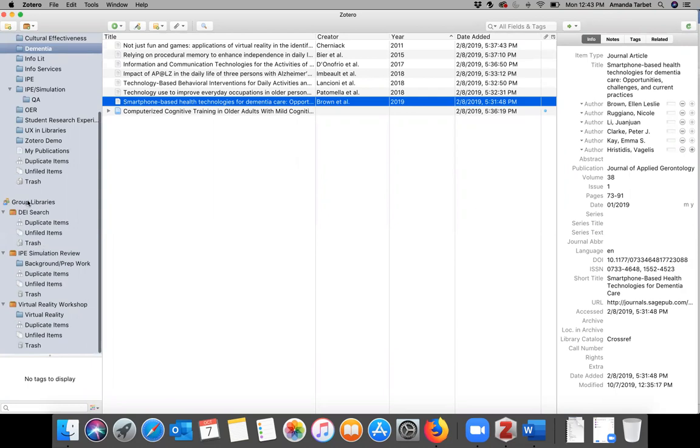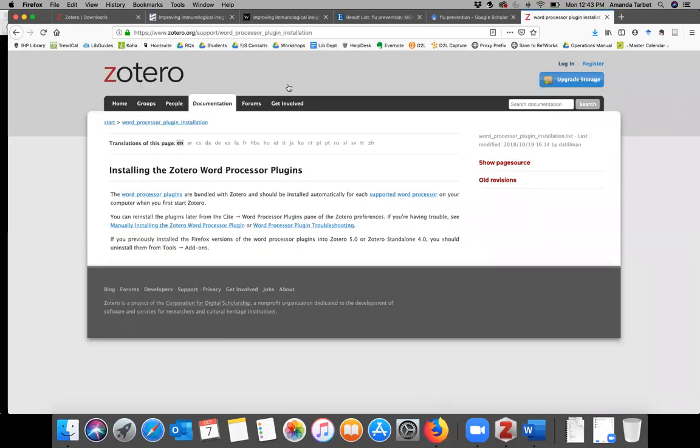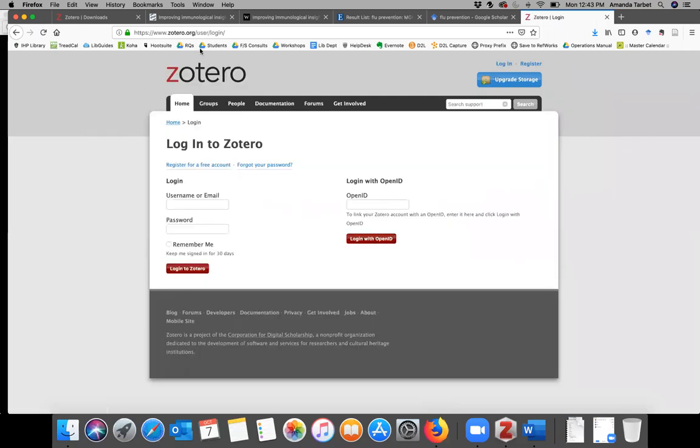To create a group, I actually can't create it in the desktop version. I have to do it on the website. So let's look at how to do that. I need to log in. So if you go to Zotero.org, the website, and you log in with your account,